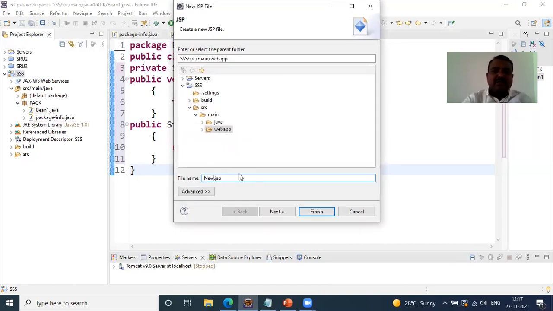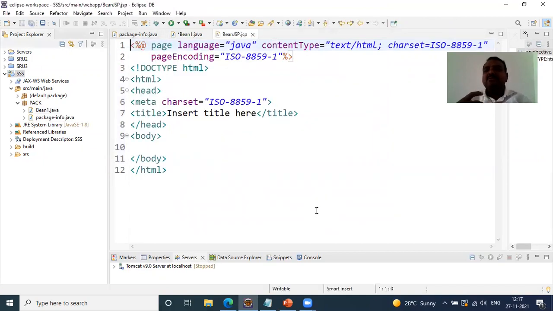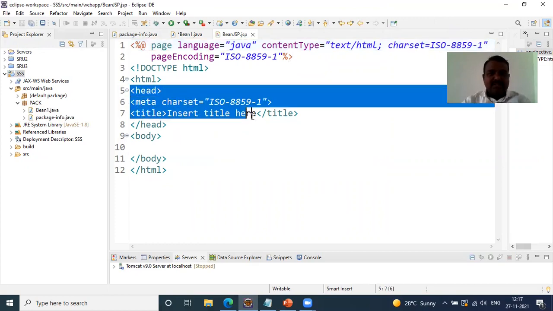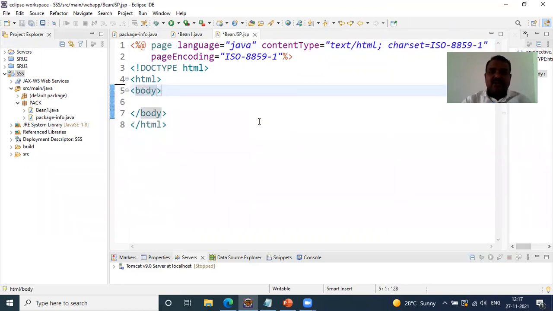I would like to give the name beanJSP.jsp, and then I say Finish. So with these steps, I'm able to create a JSP file.